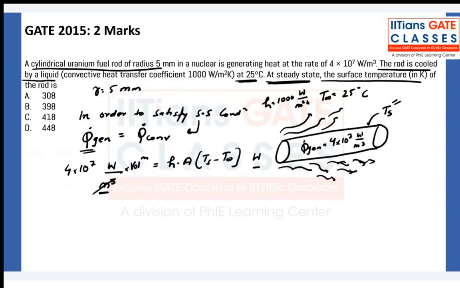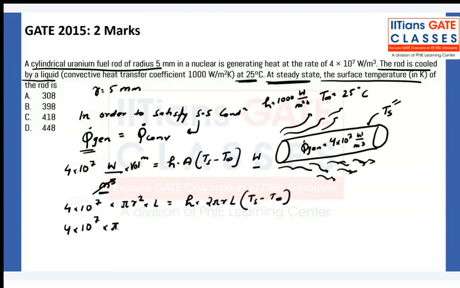Okay, so what can I write? 4 into 10 to the power 7 into pi by 4. Let me write this in radius terms. Pi r square L is equal to h 2 pi r L (Ts minus T infinity). Now I know everything. What do I know? 10 to the power 7. Radius is how much? 5 millimeters,